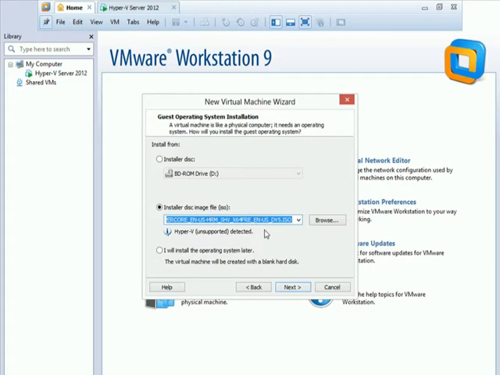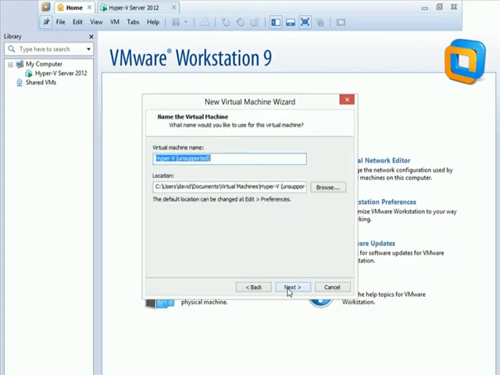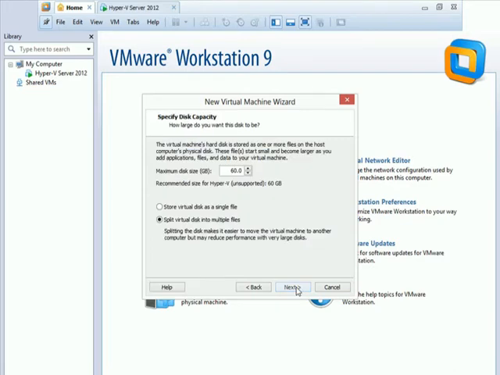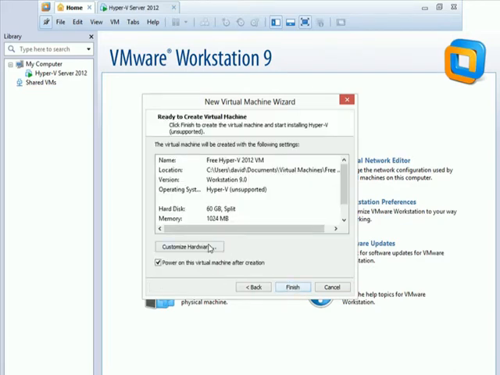I'll select the ISO image that I downloaded, click Next. I'll say that this is going to be a free Hyper-V 2012 VM. We'll just give it that name for now. I'll say Next here. Take the default disk size, 60 gigabytes, and we could take even the default memory for